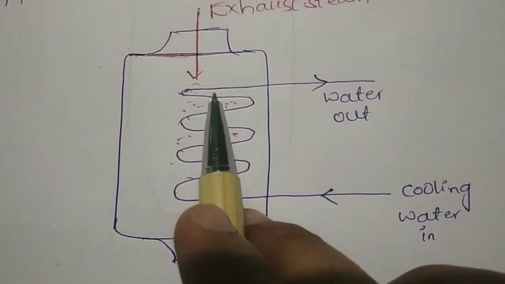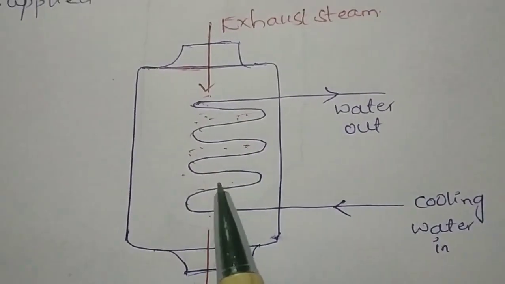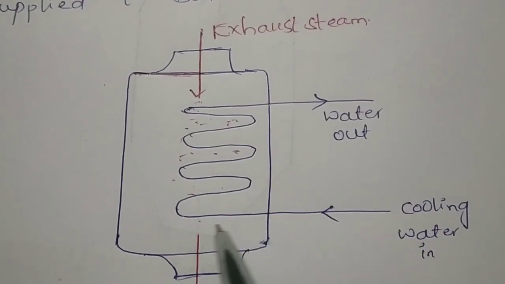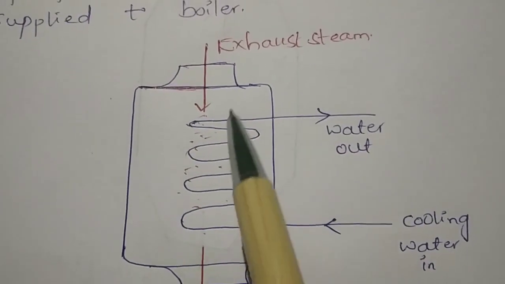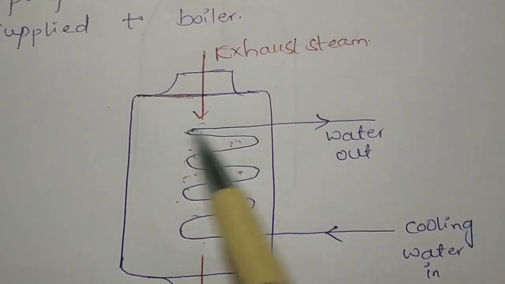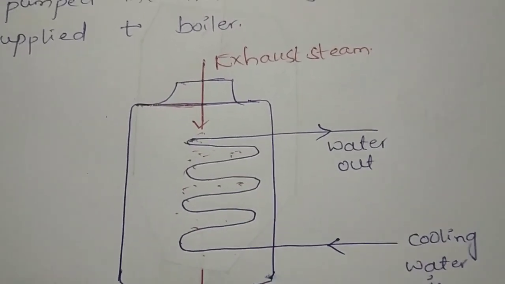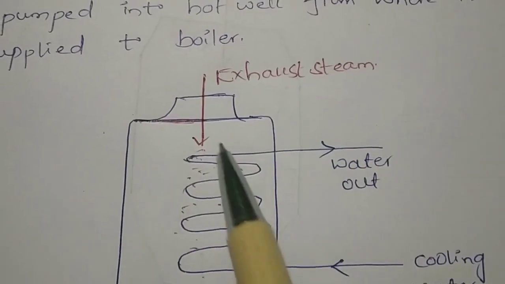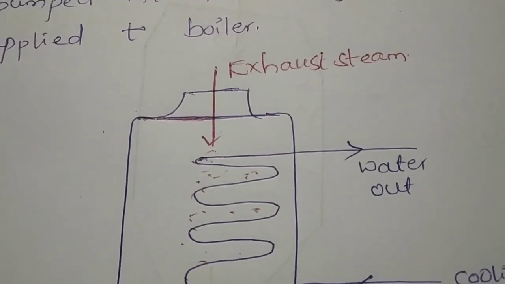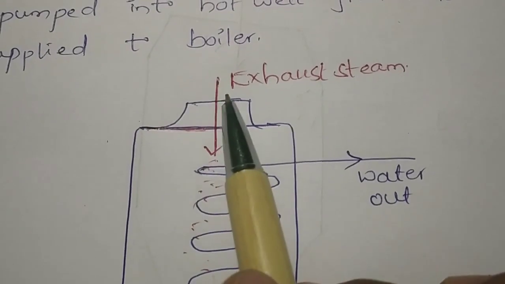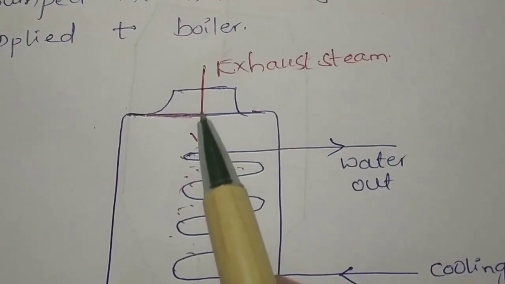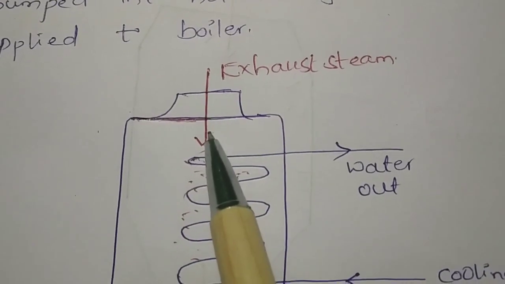That means here there is no direct contact between the exhaust stream and the water, but here water will be circulated in the tubes, and the exhaust stream is completely occupying the tubes. There is a heat transfer that takes place. You know, already I said heat always flows from a body at high temperature to a body at low temperature. Steam is at a higher temperature compared to the water, and the heat transfer will take place.